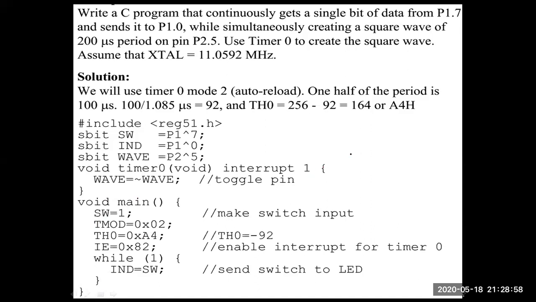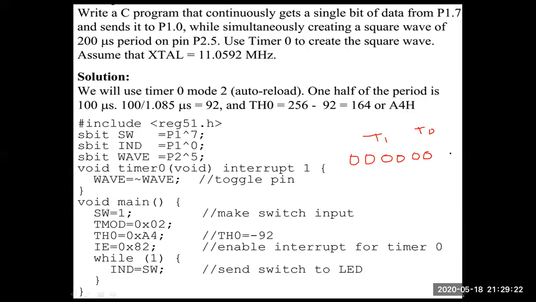So here anyway you are not using timer 1, so all 4 are 0. And next this is for timer 1, timer 1 gate, C/T bar. And for timer 0, the gate bit is 0. So you are controlling by using software means, and your timer mode 0.